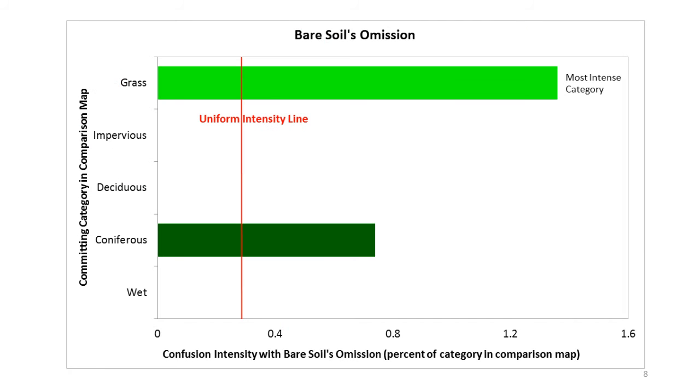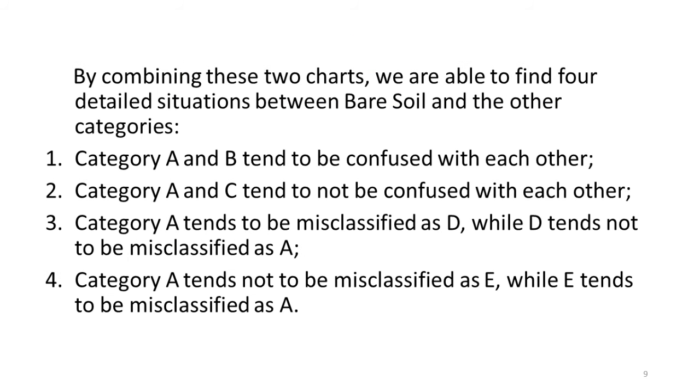We create another chart with those calculation results. The red line represents the uniform confusion intensity, and the length of each bar represents the confusion intensity of each committing category. It shows that the commission intensity of gross is greater than that of deciduous when Bell-Sawyer is omitted, which answers our question. Furthermore, if we combine these two charts together, we are able to find more detailed situations between each